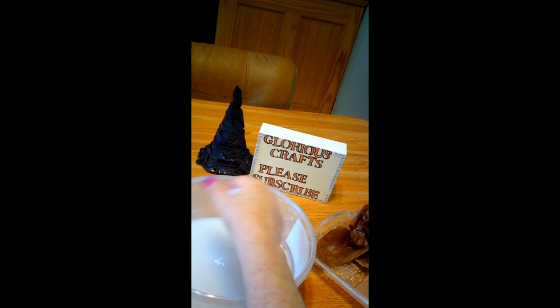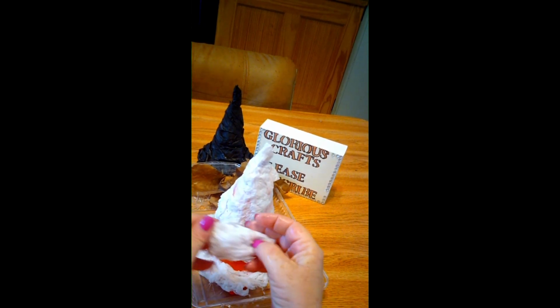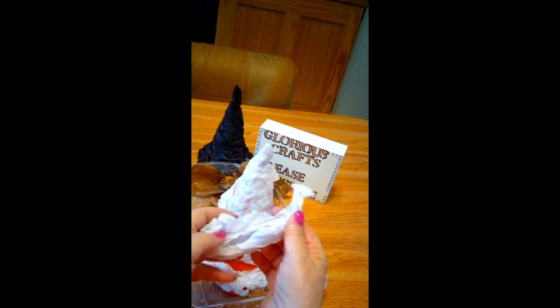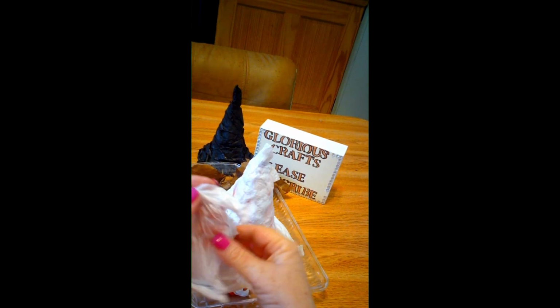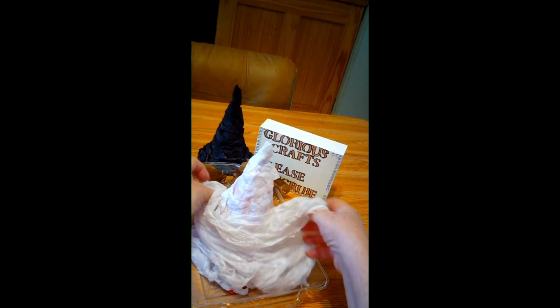Squeeze it out a little bit. See where it's orange here? We want to cover that up. Be careful again with your tissue paper. This is a messy project, but I think it's a lot of fun. I have some drying in the sun right now. So you're going to go around your hat,